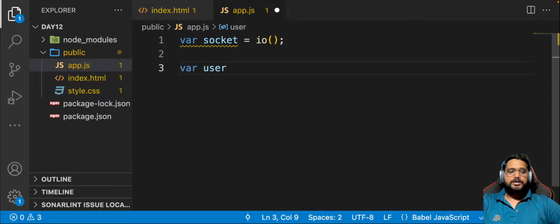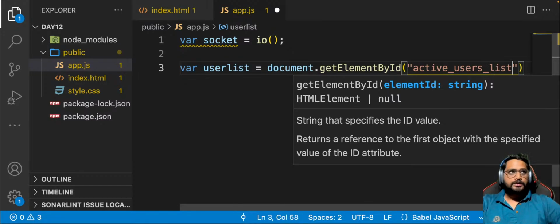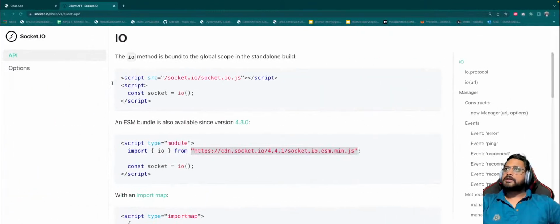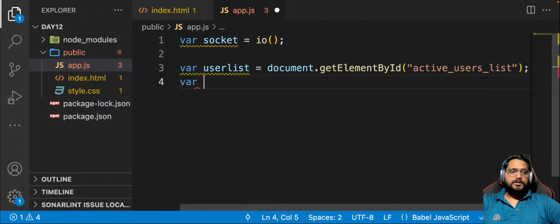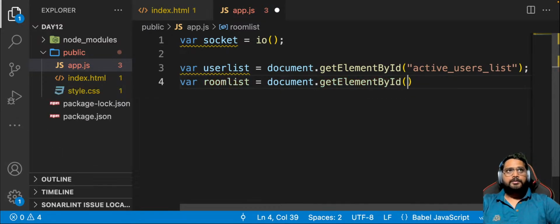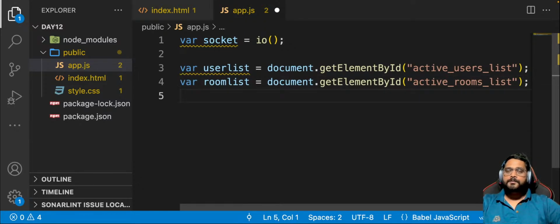Then we need the elements in your front end. So let's add document dot getElementById, active users list, right? This is the list that is shown over here. Okay, active users. Then we need the room list, which was shown on the right. Document dot getElementById, active rooms list, right? The message,